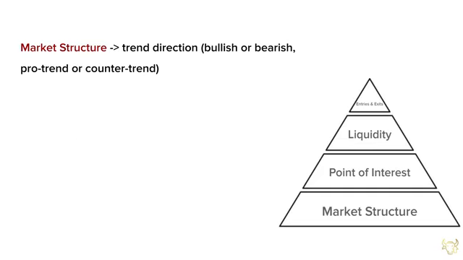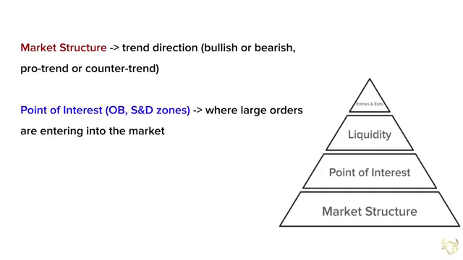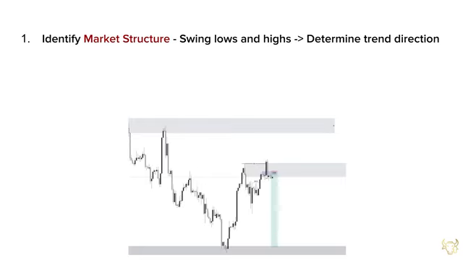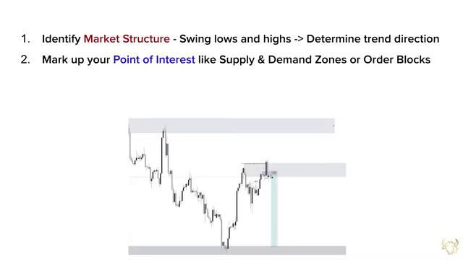Now, the thing about liquidity is that I don't really use liquidity as my main confluence. I use it as an additional confluence to confirm my entry. What that means is that I'm going to be focused on market structure, supply and demand first as the foundation before even thinking about liquidity. So I want to enter a trade based on market structure. I want to enter a buy based on an uptrend, and I'm going to be seeing whether the internal structure aligns with the external structure or not. And then I'm also going to be waiting for price to get to your supply or demand zone. And then finally, I'll look at liquidity.